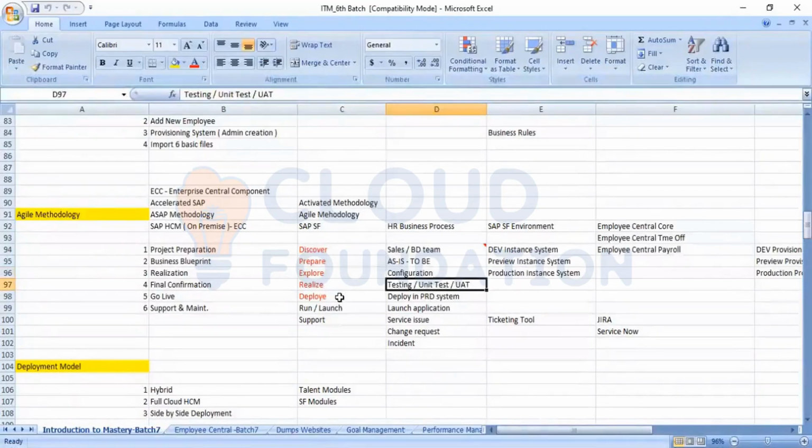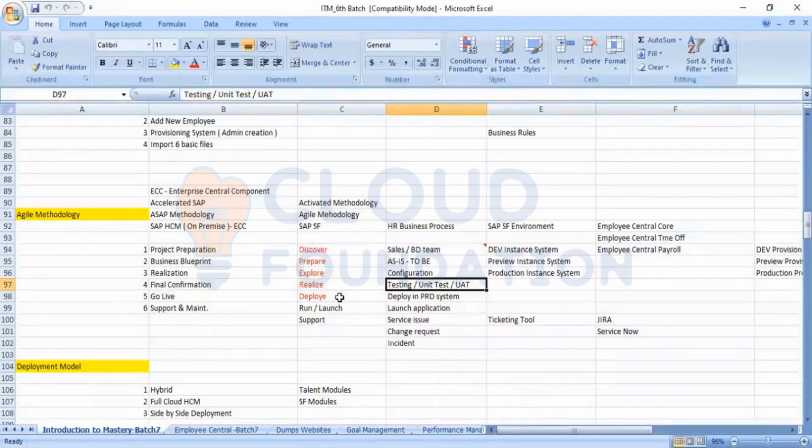In the realize phase, once the UAT testing is done from the customer side by the key users, they will confirm if any changes have to be made. If any changes have to be made, then again it will be done in the configuration, and again the testing will be done and the final test result will be displayed.